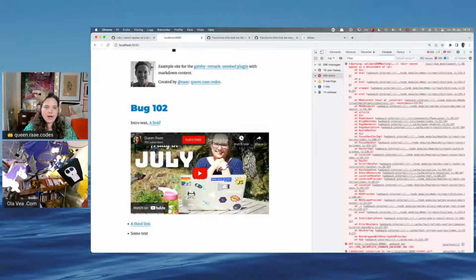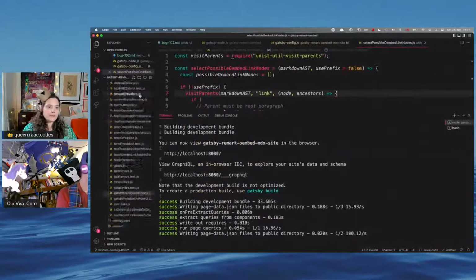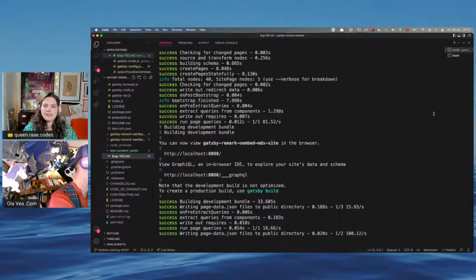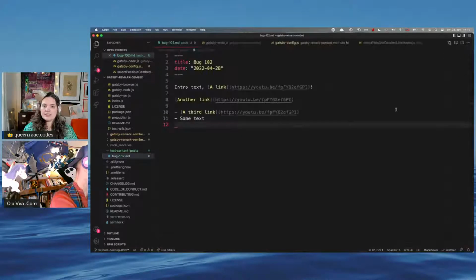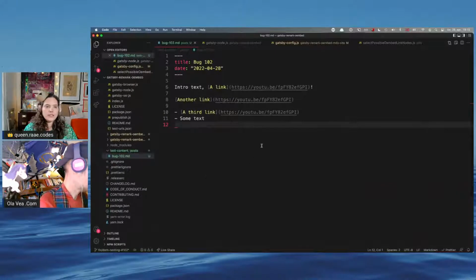So we don't write any of the code here saying that this is an iframe. All we do is, oh, this was a different project. Here we go. In our test content. So this is the content that transforms into this HTML.